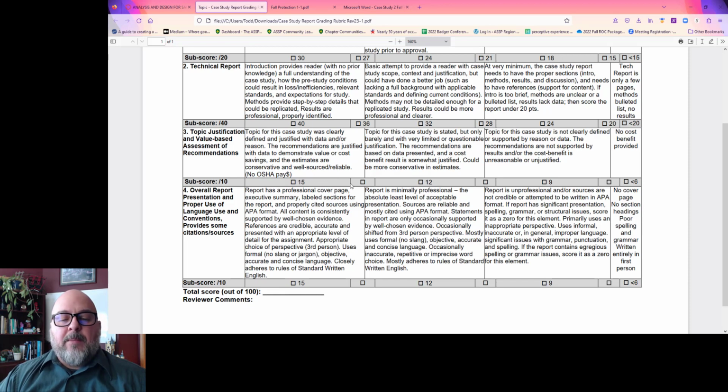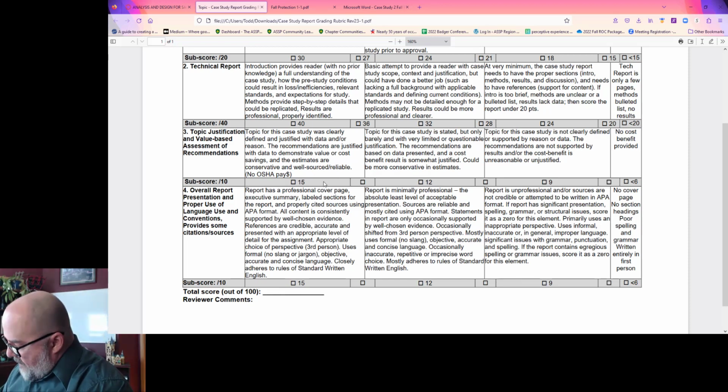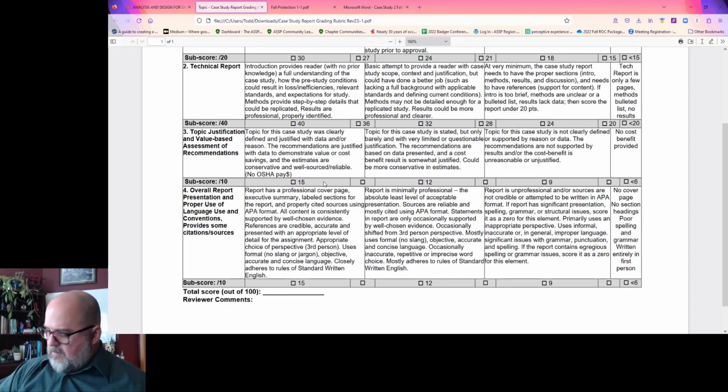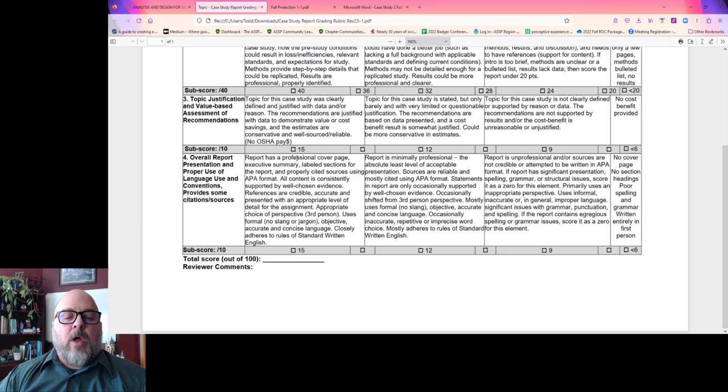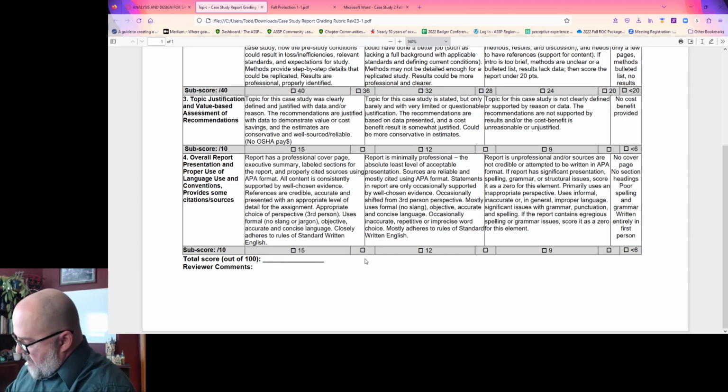No, he's definitely above that. I'm going to give him a 14 for that. I gave the last one an 11, but I'm going to give him a 14. Overall report, it definitely could be longer. It's pretty well written. Definitely wouldn't go as low as a 12. I'm going to go with a 13 on that.